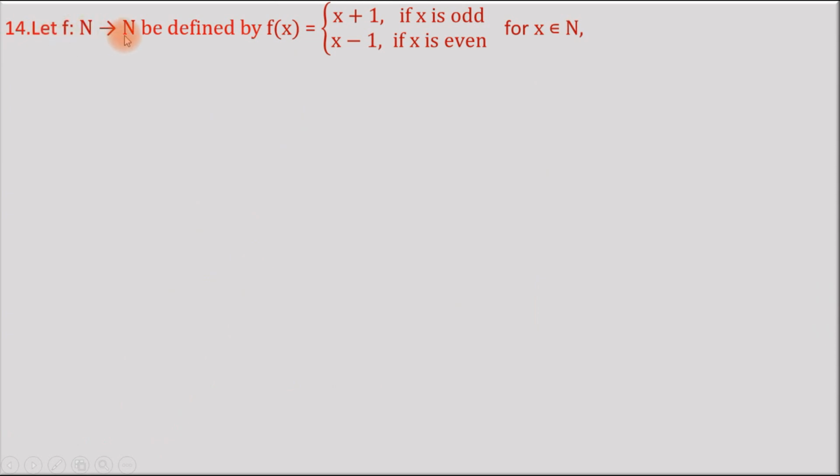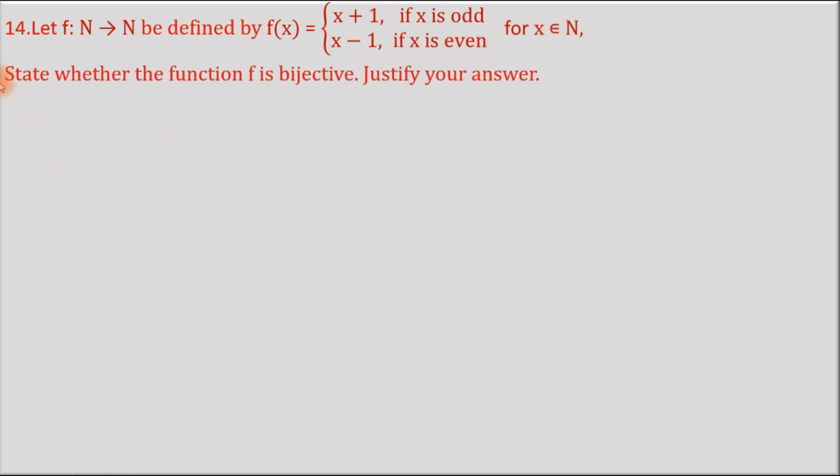Let f from N to N be defined by f of x equals x plus 1 if x is an odd number, and f of x equals x minus 1 if x is even, for all x belonging to natural numbers. State whether the function f is bijective. Justify your answer. Given f from natural numbers to natural numbers defined by f of x equals x plus 1 if x is odd, f of x equals x minus 1